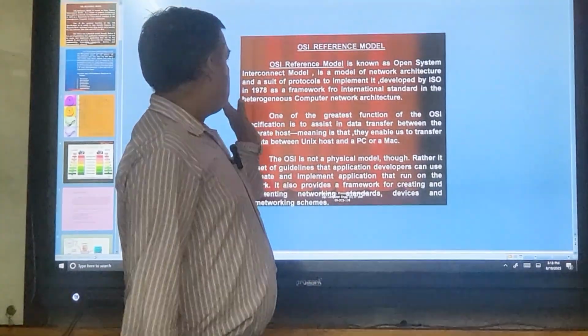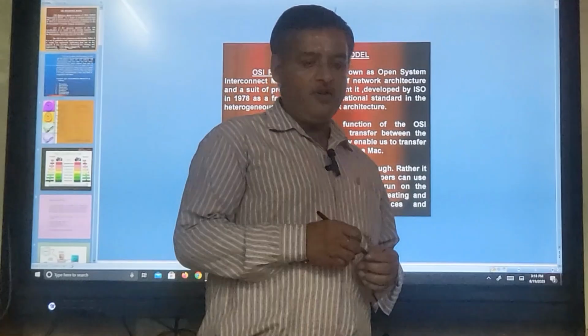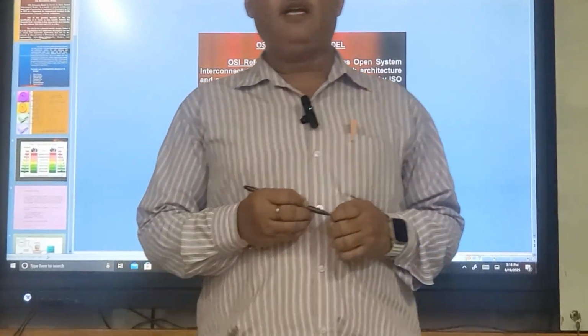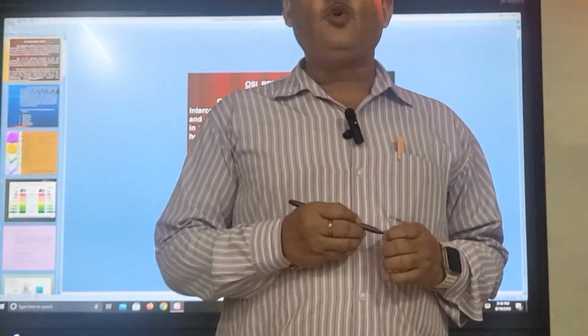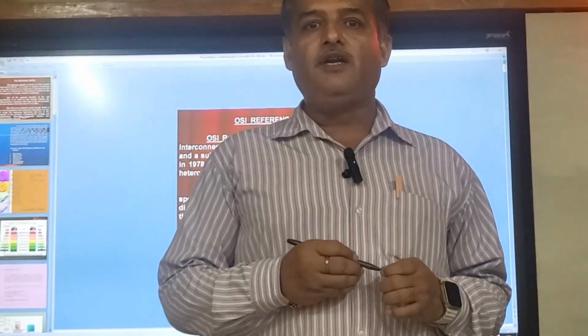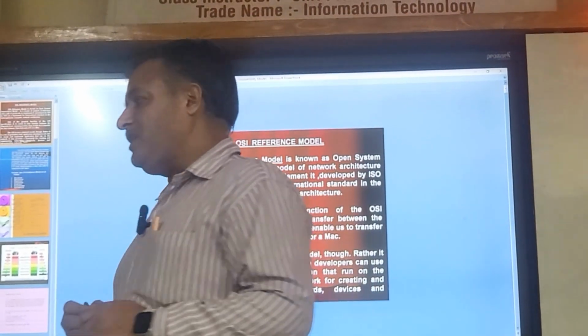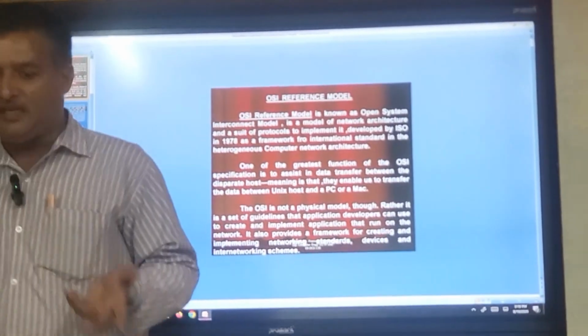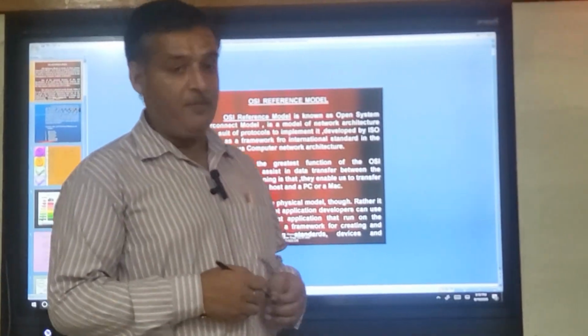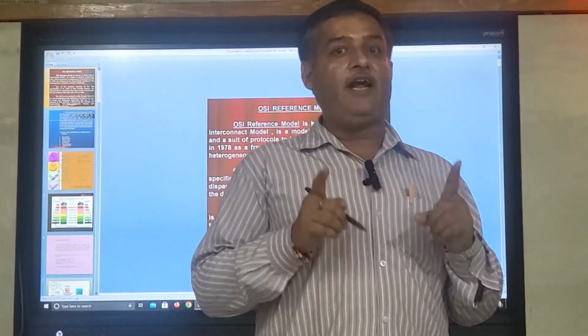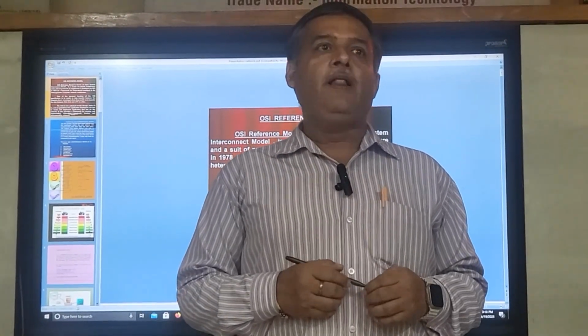It was developed by ISO in 1973. It is a framework for the international standard in the heterogeneous type of computer networking. And now the word is computer network, international standardization, all the terminologies are familiar, but the important word is heterogeneous. Heterogeneous means